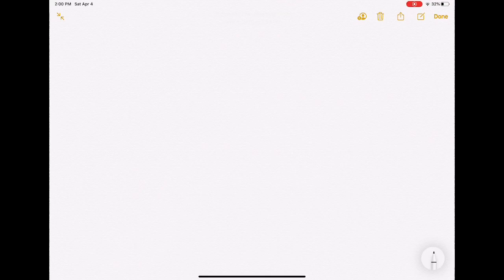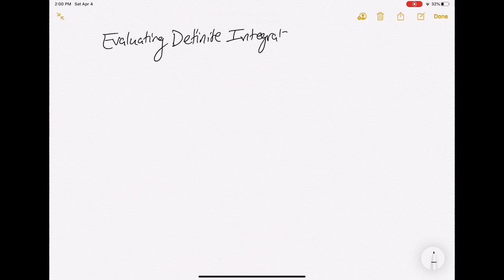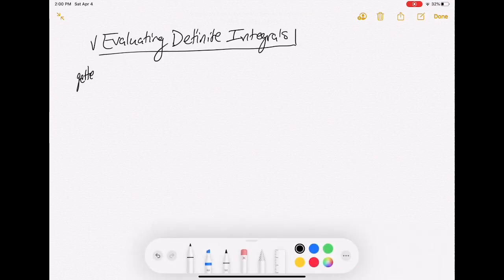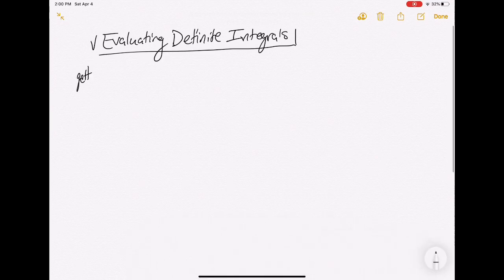Today's topic is actually a relatively easy one. I think so anyway. It's simply called evaluating definite integrals. And you guys have already done that, so maybe a better way of talking about this is saying getting better at evaluating definite integrals. And there are some techniques that maybe you want to keep in mind, and other properties that maybe you haven't seen before